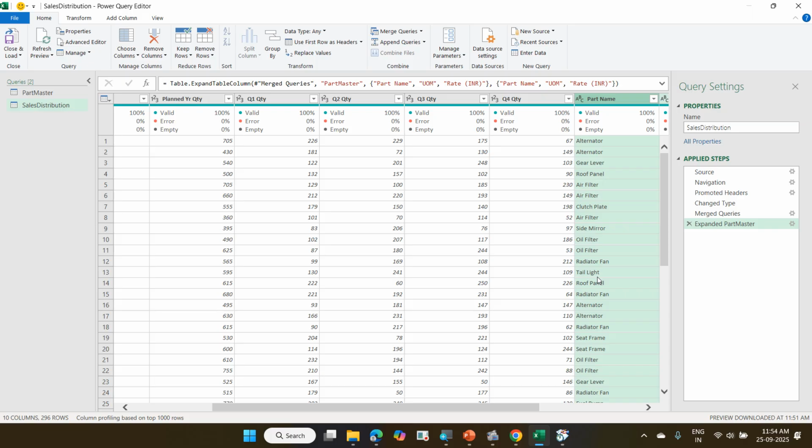Click on close and load. 2 things. Actually 3, you can load it into pivot table straight away also. But the basic 2 things are close and load, and close and load to. You have to decide. If the data is very small, you can load this into Excel straight away. 2 tables will be loaded, part master and sales distribution, and you can create a report based on this. Or if you believe this data is too large,